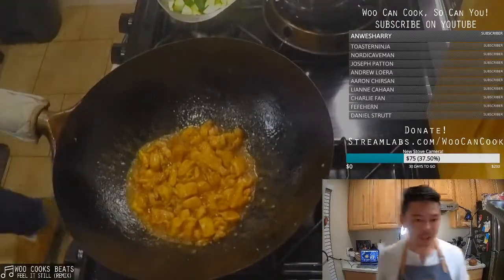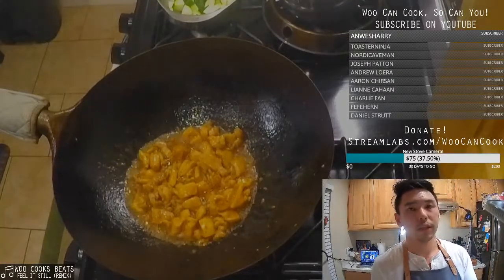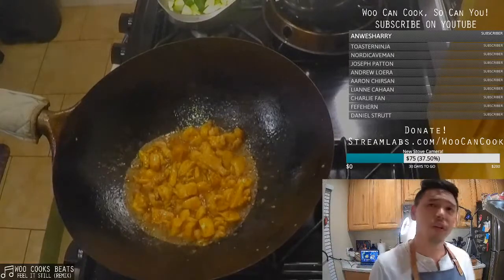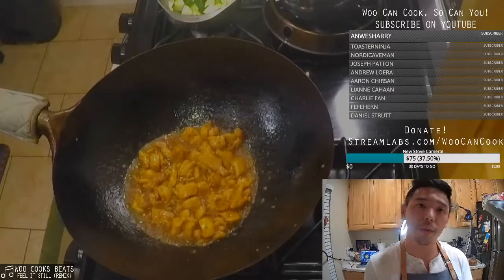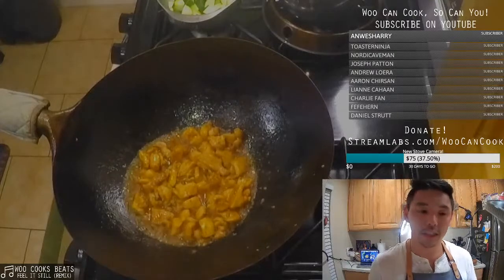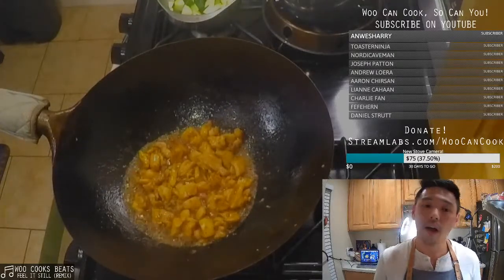All right, so our chicken is just about there. I'm going to give it maybe another 20-30 seconds, and that should be there. And then what we're going to do is employ a technique that comes up in wok cooking all the time, which is called batch cooking. Essentially what I'm going to do is remove that chicken from the wok, then rinse our wok out, and continue cooking our next ingredients. So batch cooking is super, super important in home cooking on a wok,